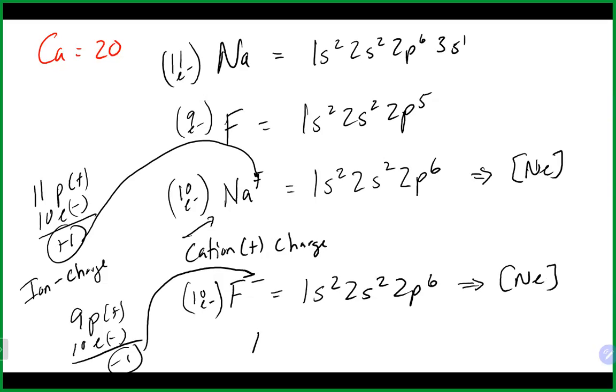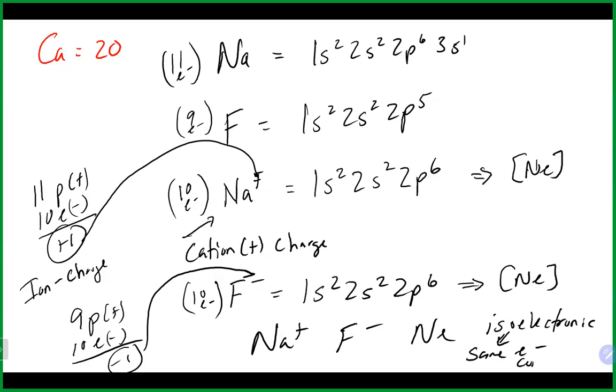So all three of those things, sodium, fluoride, and neon, they all have the same electron configuration. They are all what are referred to as being isoelectronic with each other. Isoelectronic, again, means the same electron configuration. By the way, something that is negatively charged is what is referred to as an anion. So as we can see here,